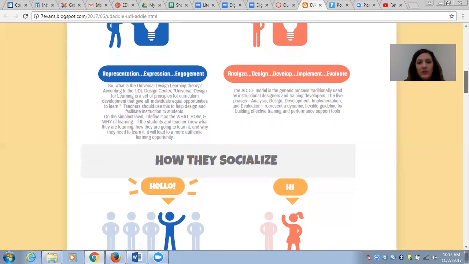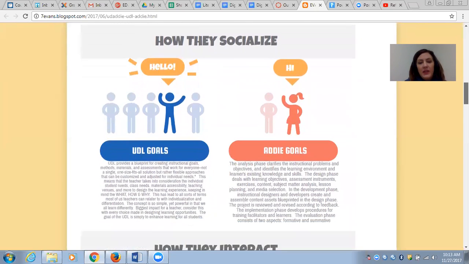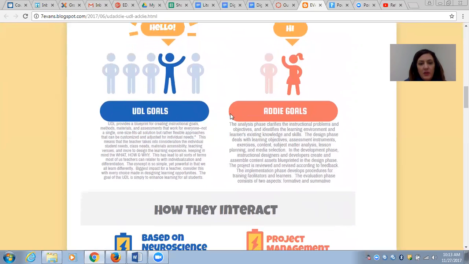So I like both of those because I think you have to think about where you want your students to go, and so it appealed to me. The analyze, design, develop, implement, and evaluate, those 5 steps really appealed to me in course design, but I also liked the what, how, and why of learning, because I think if you can get students to buy into why and engage, that's really important. And so I looked at the UDL goals and the ADDIE goals, and how each step of the process, a lot of the UDL goals